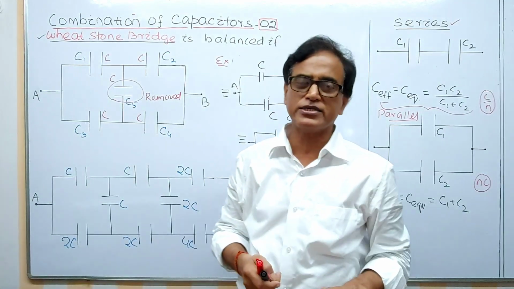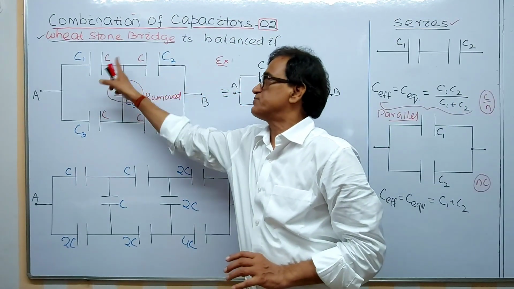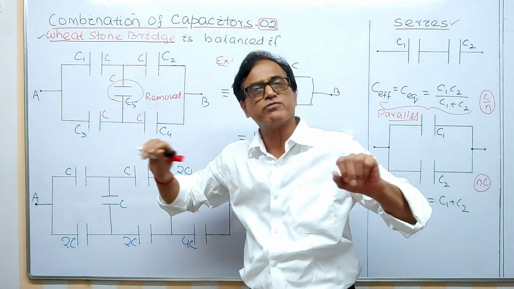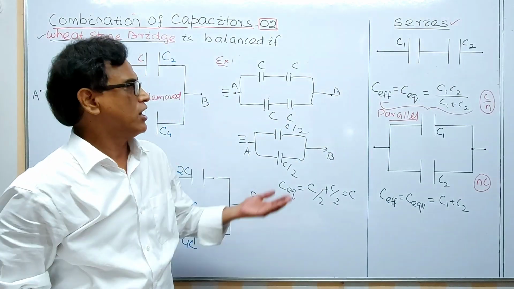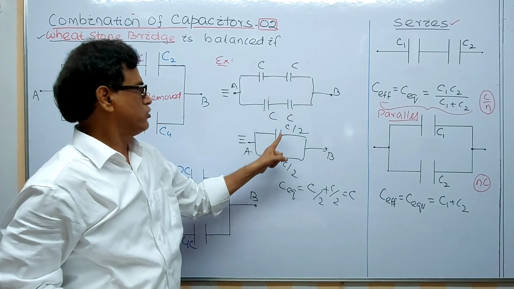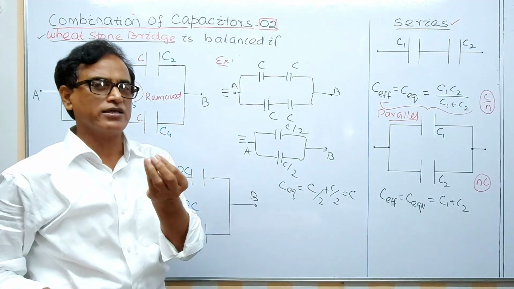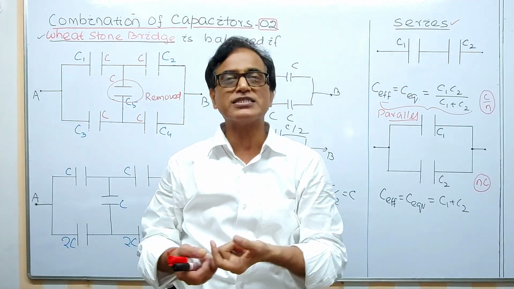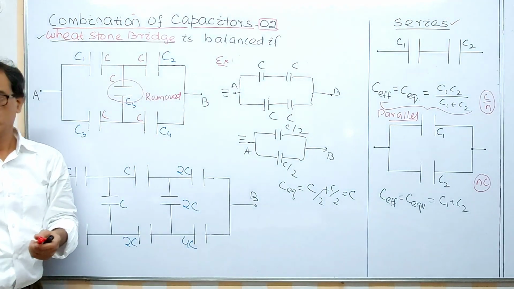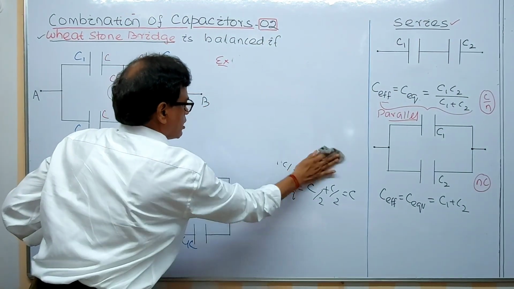So you should remember: if there are 5 capacitances and this by this is equal to this by this, or this by this is equal to this by this, then this should be removed from the circuit. Then you can go for calculations. These two are in series, so the series formula can be applied here. Then the parallel formula can be applied to write the result. I think it is easy to remember. If all are C in this case, the resultant or equivalent capacitance is also C. So this is a trick or technique you should follow in solving this.